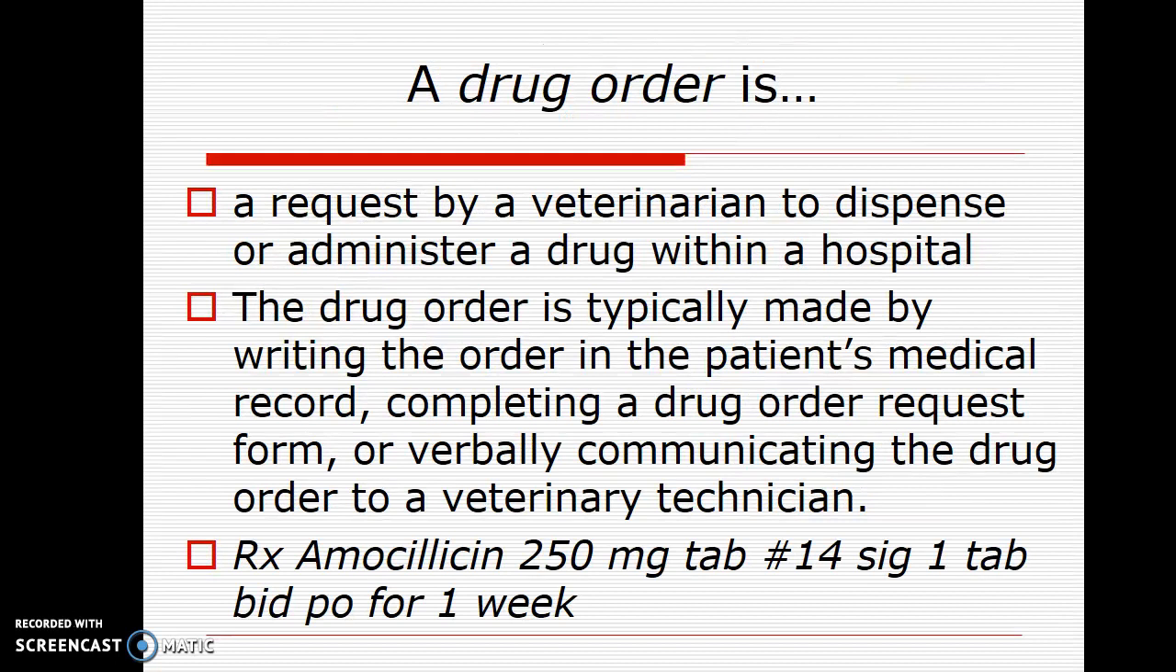So a drug order is a request by the veterinarian for someone to fill or administer the drug to the owner of the patient, and it is all done within the hospital. So this can be accomplished in a couple different ways. The veterinarian can write the order in the patient's medical record, and or they might have a special form in the clinic that they do this with,